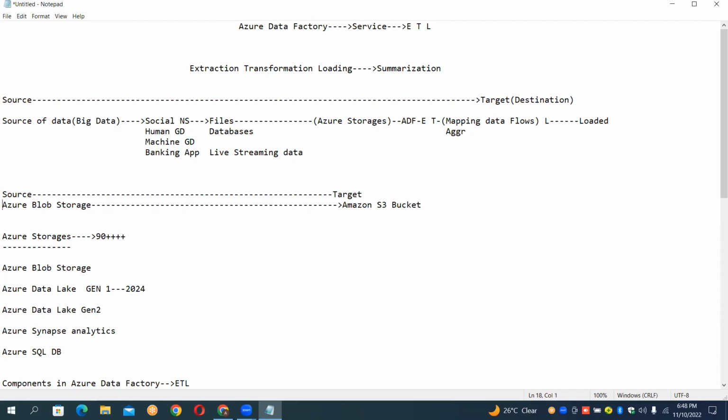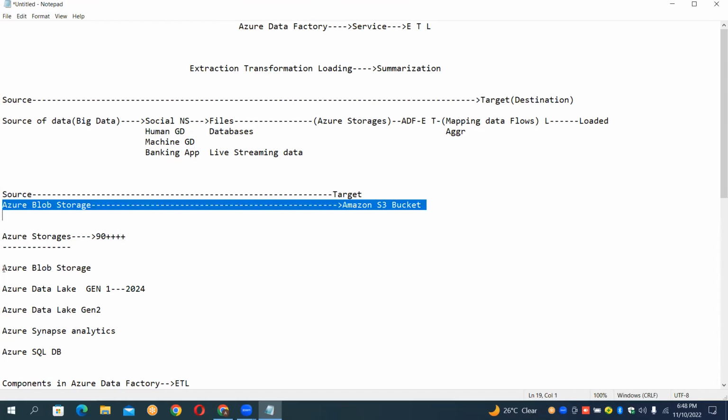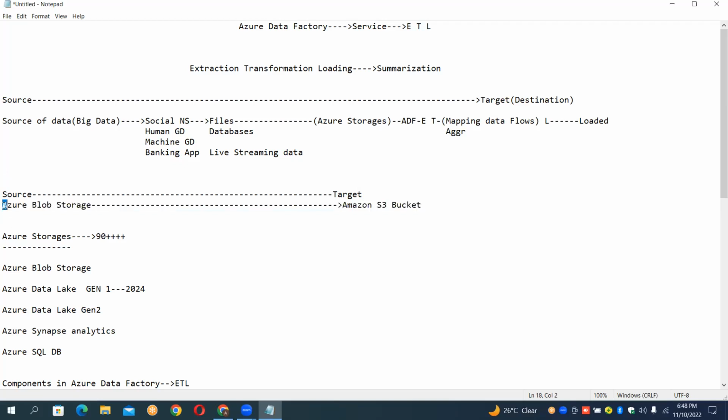My question is, are you transferring the data between the clouds or beyond the clouds? Between the clouds. Exactly. So this type of transfer is called what? Cloud to cloud transfer. Whenever you perform the job of ETL between the 2 clouds, we require an integration runtime, created automatically. That is called what? Azure IR.